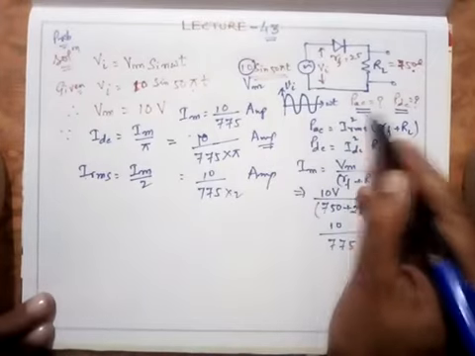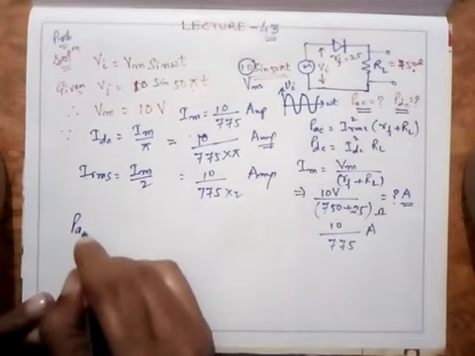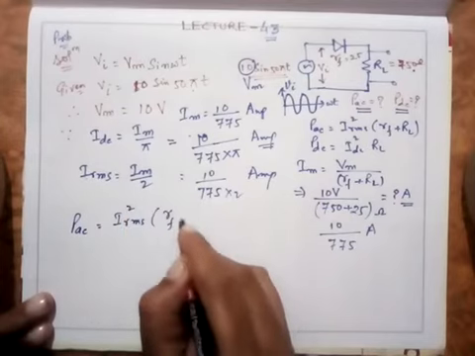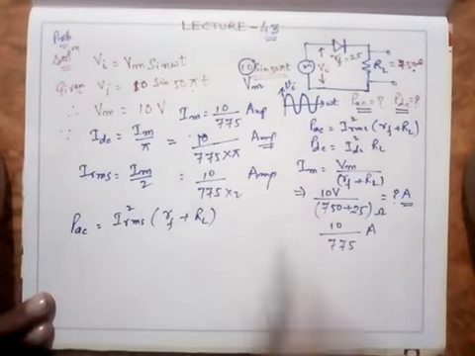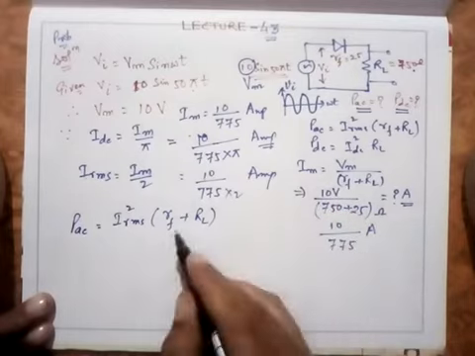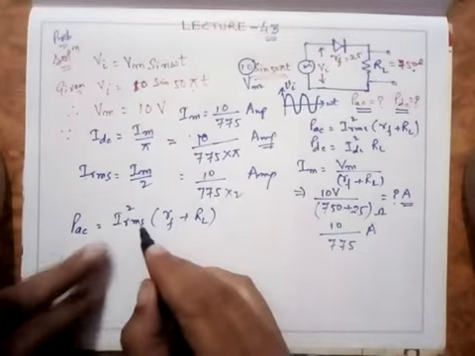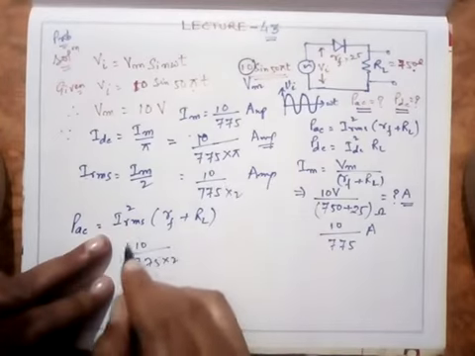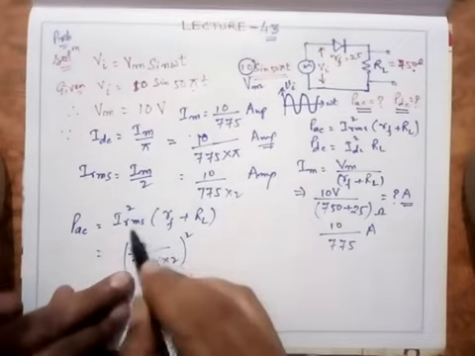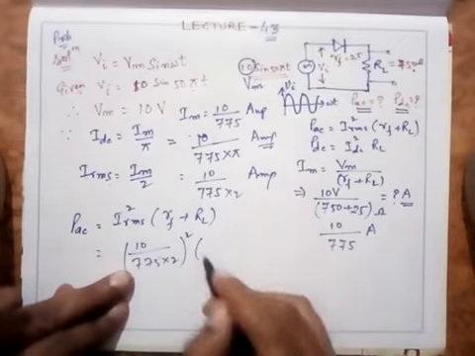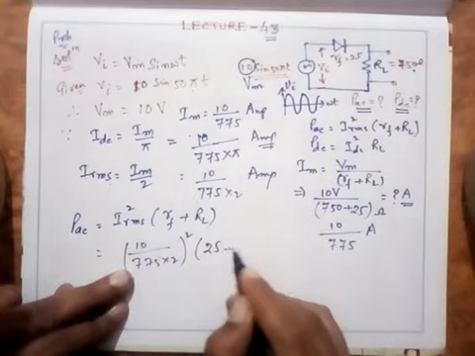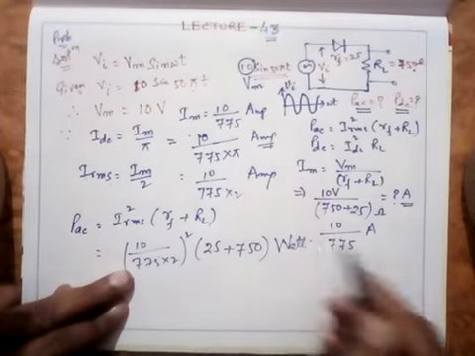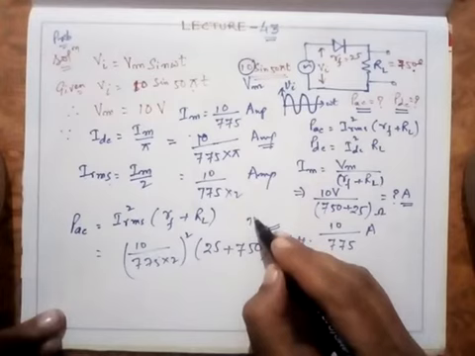Now it's quite simple. It is asked to find the value of PAC and PDC. So the value of PAC is equal to IRMS square into RF plus RL. Simply substitute the values of RF and RL from here. You'll get the value of this. It will be PAC, IRMS, 10 upon 775 into 2, whole square, into RF plus RL. RF is given to you as 25 and the load resistance is 750. Please, I am leaving the calculation. I want you to do all these calculations on your own.